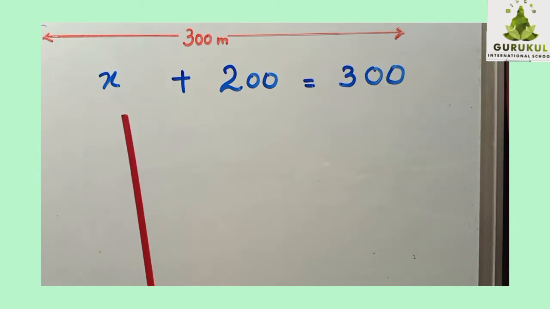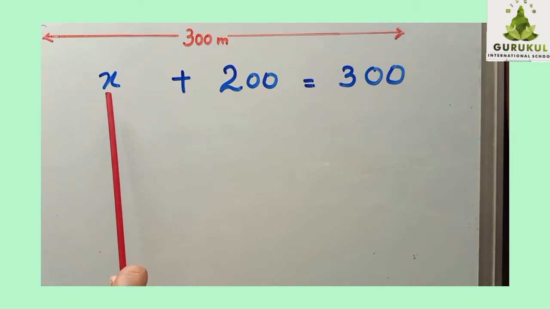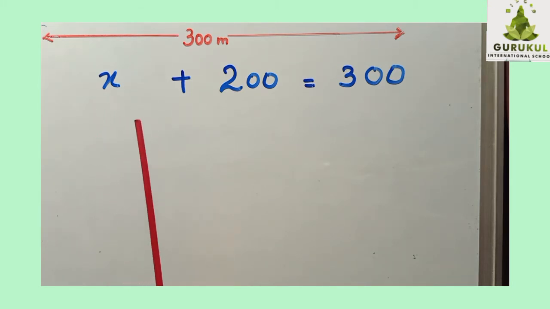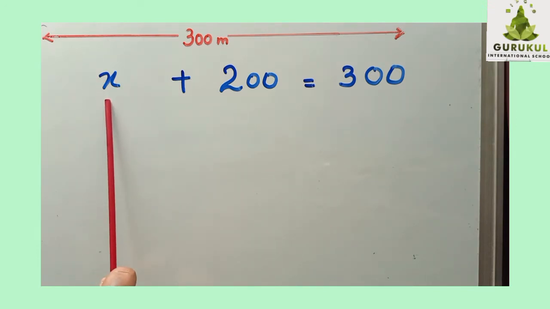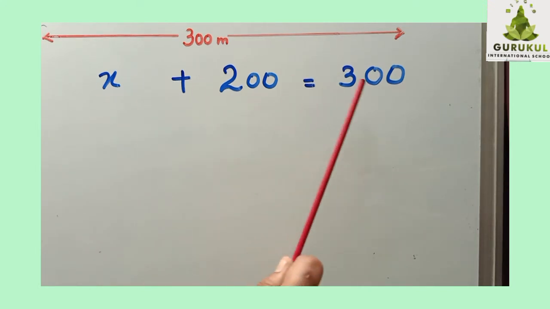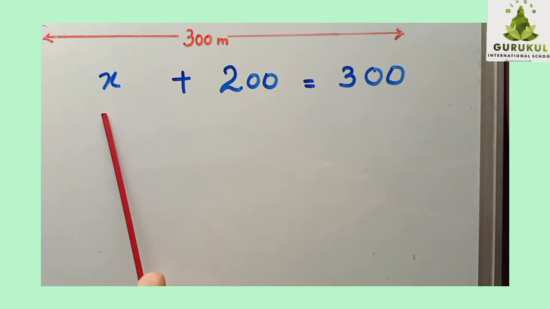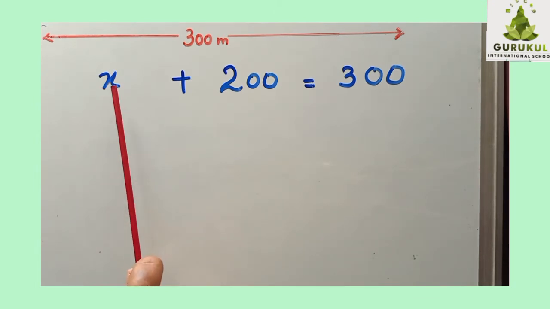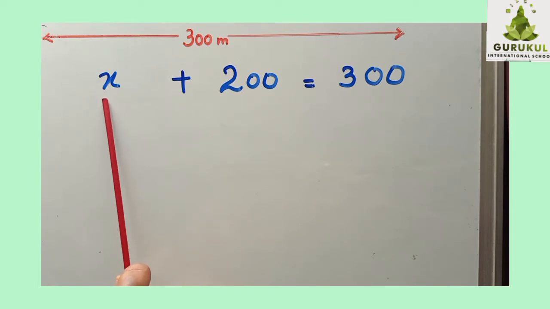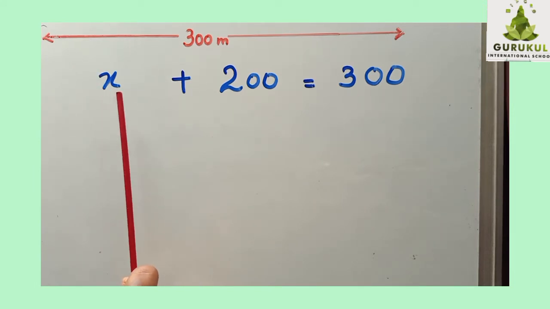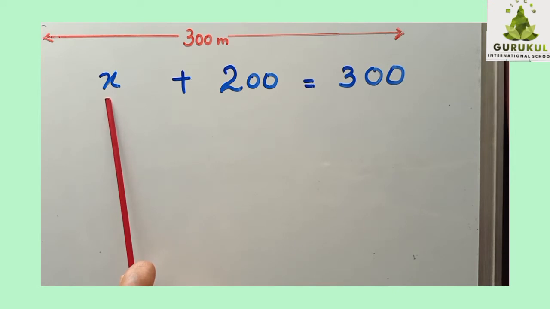Is that clear? Now the value of the variable which you will get, which satisfies the equation, is called the solution of the equation. Now one value you will get, I told you x is equal to 100. If I put 100 in the place of x, you will get 100 plus 200 is 300. So x is equal to 100 is known as the solution. Is it clear? So x equals 100 satisfies. When I put the value for x as 100, it satisfies the equation and it is called the solution of the equation or solution to the equation.